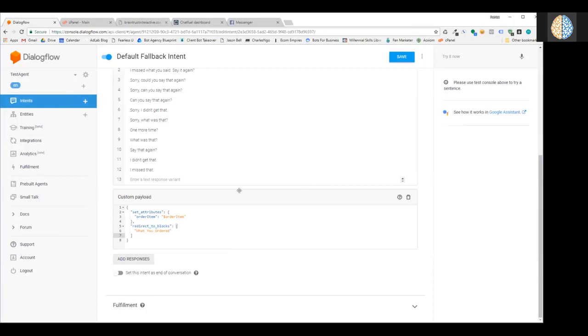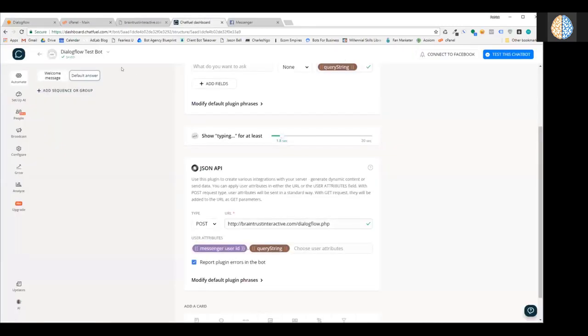So this is the most simple JSON, setting an attribute and redirecting to a block. And that's kind of what you want to do when you're dealing with chat flows. You just basically want to set attributes and go to a block, and then let the block handle the input and the content. So I'll go back to Chatfuel here real quick, and I'll create this block, and I'll create